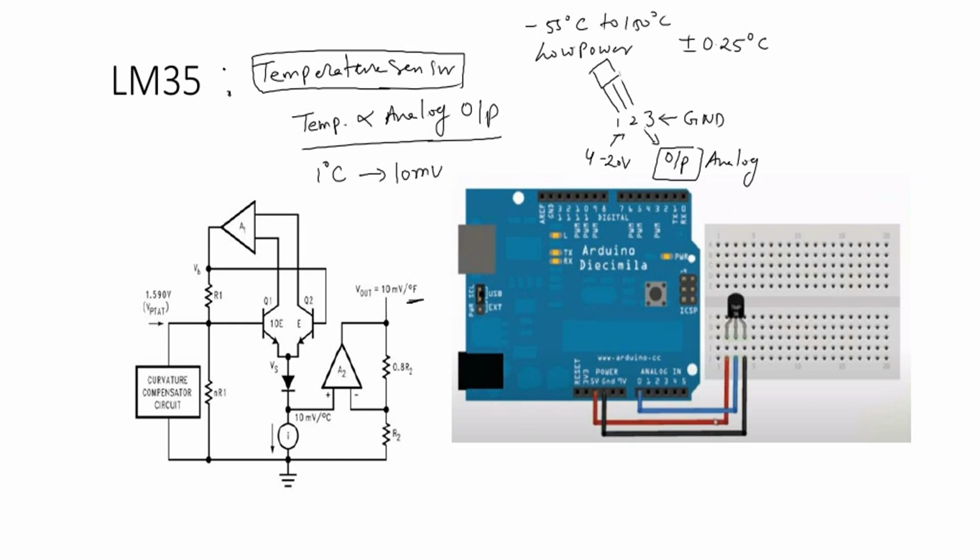So if you want to interface it with Arduino, a very simple interfacing is there. One pin you connect to 5 volt, another you connect to ground, and the middle one you can connect to an analog input, since we are taking the analog